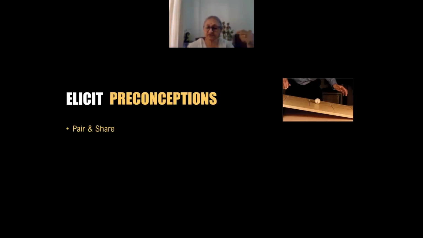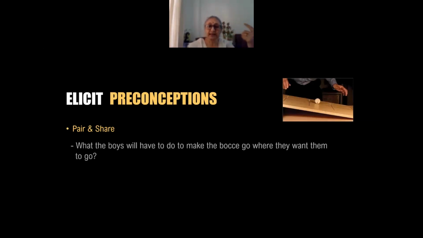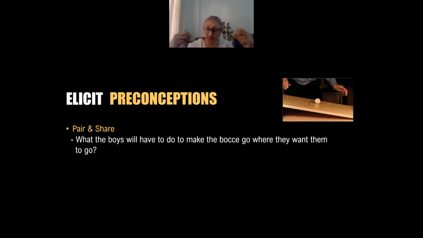So you can make the children of your classroom into pairs, and you know that strategy, the think, pair and share strategy. So two children sit together and they discuss the strategy. The problem with them is what the boys will have to do to make the bocce go where they want it to go. This is the problem, which these people in pairs are sharing and trying to find the solution. So supposing they come up with this solution of an inclined plank, now give them paper sheets